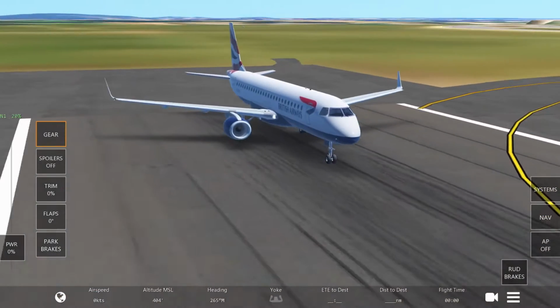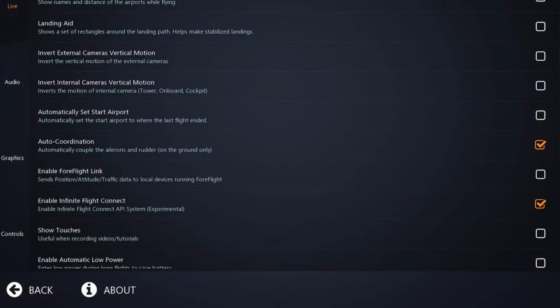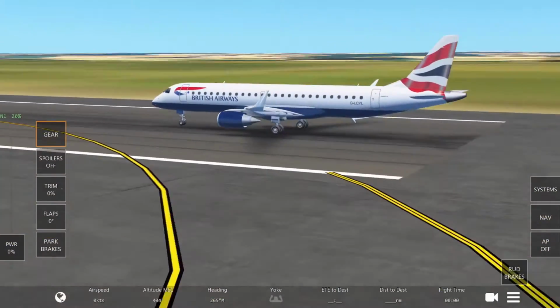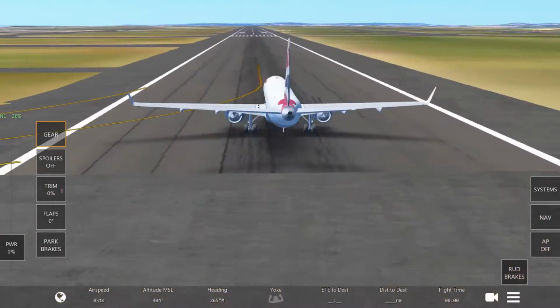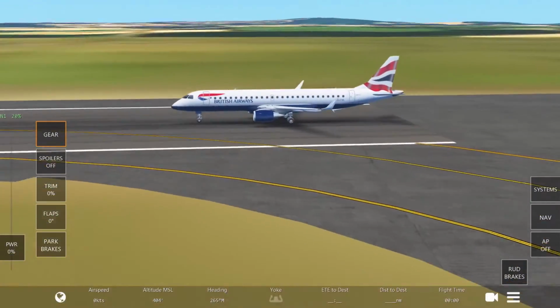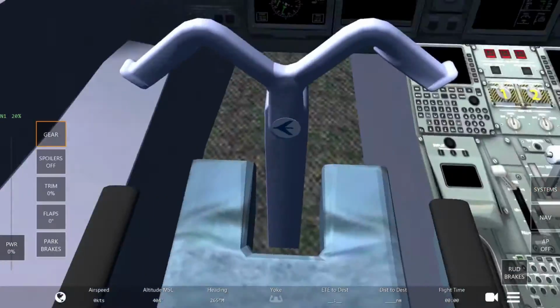Here we go, exterior view of the aircraft. Let's turn down the exterior volume for a little bit so you guys can hear me loud and clear. Now, it looks alright from the exterior view actually. It doesn't look that bad from the outside. So that's a positive. But then we're in the cockpit and